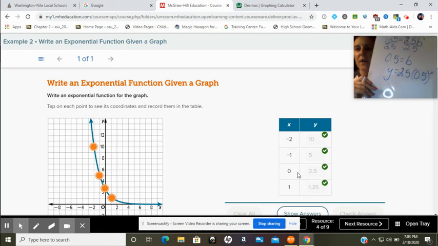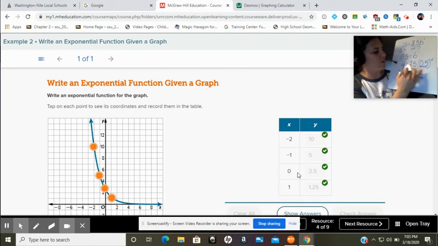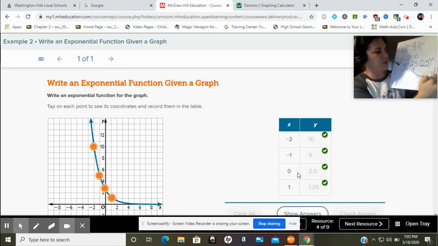Now, I want you to look at this equation. We talked about yesterday how if this value of B, the value that's raised to the power, is in between 0 and 1, then it is showing decay. If it's 1 or higher, it is showing growth. Remember, decay means going down as the graph moves left to right, and growth would be going up. So this would be a function whose value for B is greater than 1,